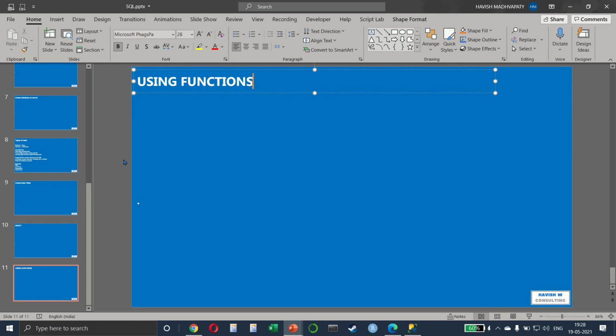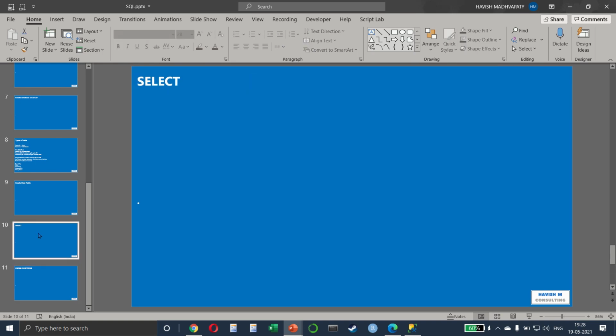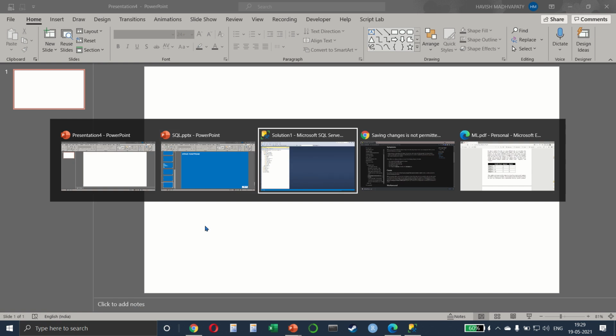In the last lecture, we saw how we can create a query from scratch using the select function. And now we will look at additional functions that are available. The select, in fact, is not a function, it's a statement. And now we will look at how we can use additional functions. Coming back,